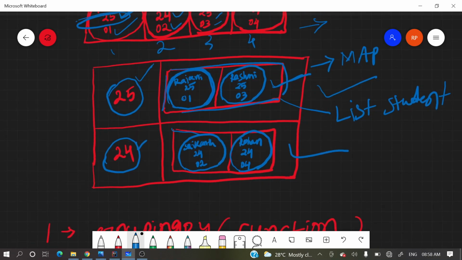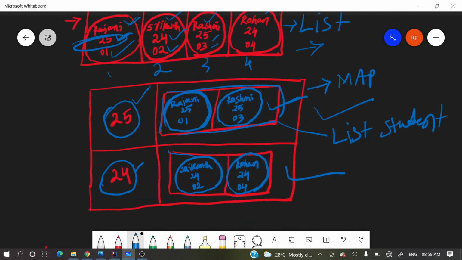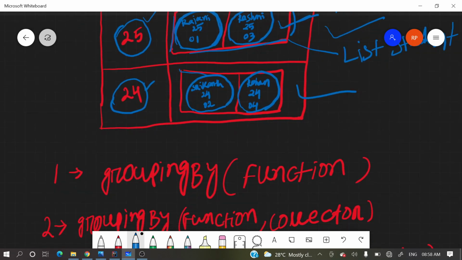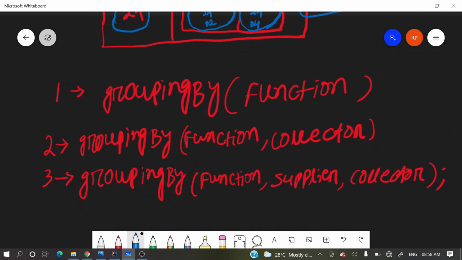Now let's see the different methods present for grouping by. The method is known as grouping by, and it has three overloaded variants. One takes a parameter as a function, where Function is a functional interface.